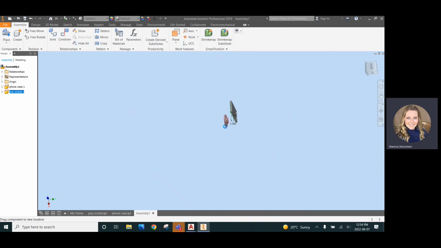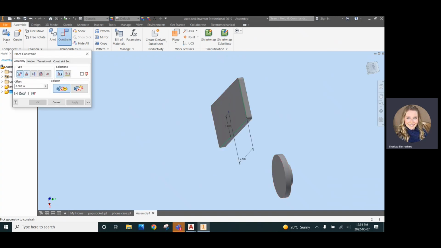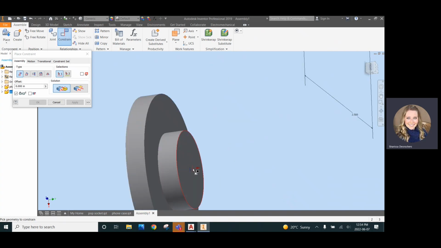I just moved it way over there. So now I need to put the points together, which is fairly simple because I've drawn the points. If you didn't have the points, it would be a little bit more complicated. You'd have to go into constrain and click the edge of this and the edge of that, and then you'd have to calculate the distance in which you want them to be offset, which is way too much work. So what I'm going to do in this circumstance is click this point,